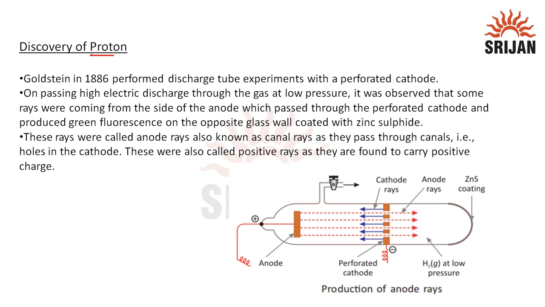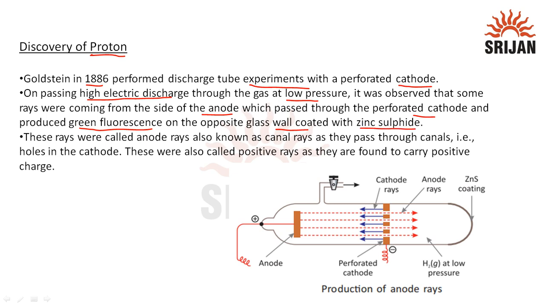Discovery of proton. Goldstein in 1886 performed the discharge tube experiments with a perforated cathode. So what he did was pass a high electric discharge through a gas at low pressure. It was observed that some rays were coming from the side of the anode, which passed through the perforated cathode and produced green fluorescence on the opposite glass wall coated with a material, that is zinc sulfide, and these rays were